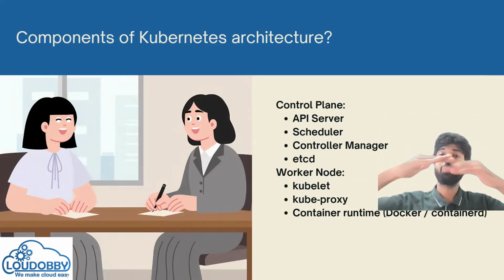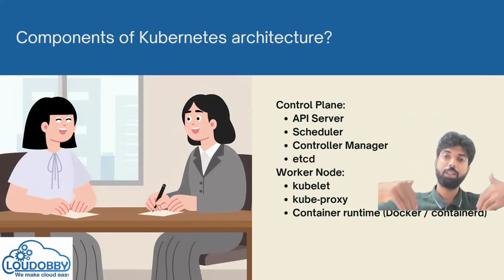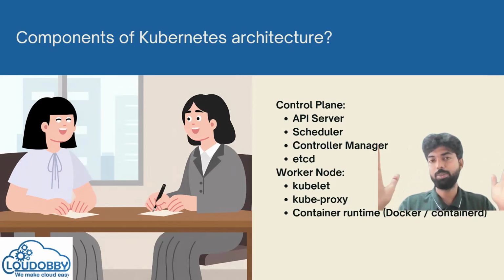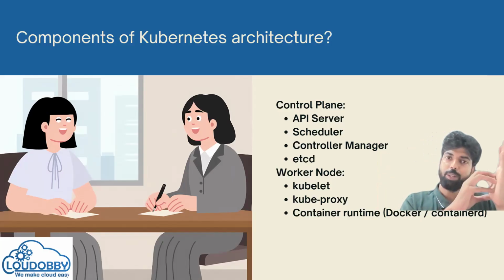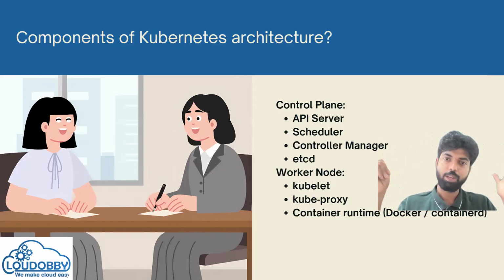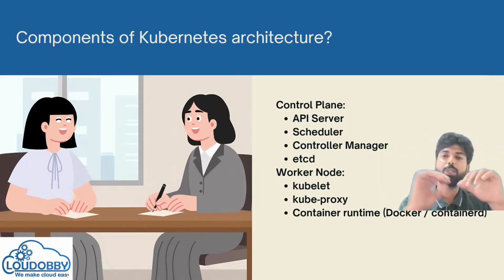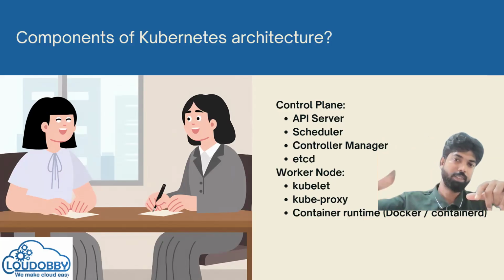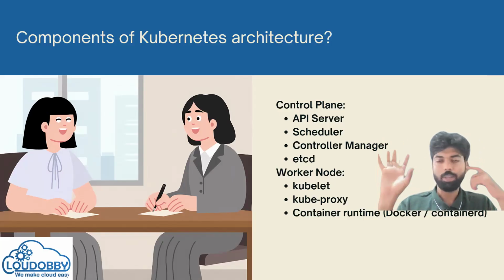But you can also install this control plane yourself on-prem, by installing the nodes, like with kubeadm and OpenShift. We will do that. This control plane will have 4 components: API server, scheduler, controller manager, and etcd. The API server is nothing but your kubectl command. This is where you put the CLI commands and it will communicate with all the pods.